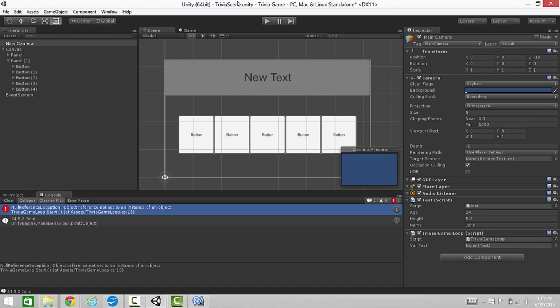So let's see. Not set to an instance. Oh, right. We need to set this up to have a reference. Since there is a test class, or a component really, on this object, I can just click on this and drag and drop it into this slot here, and it's been assigned. So now we have a reference to this component on the main camera. So now if I press play,